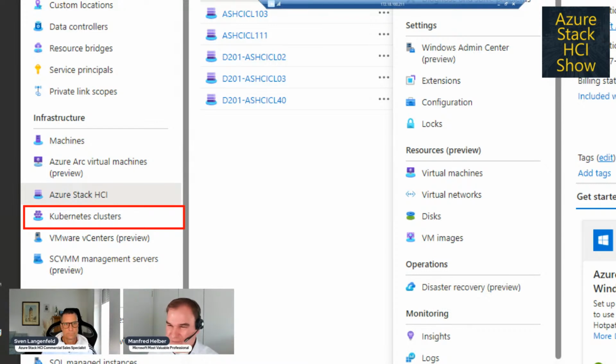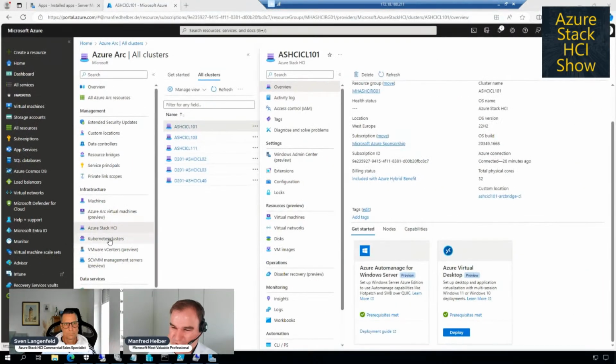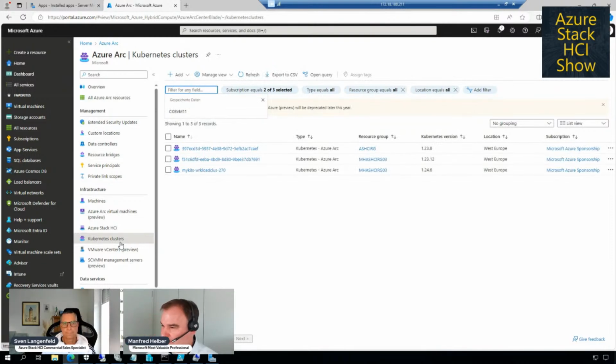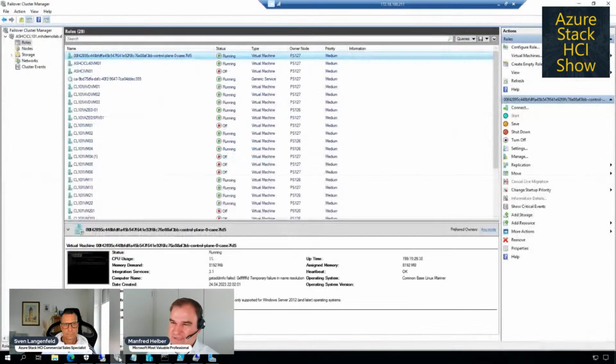And the interesting thing about this is here we can see the Kubernetes clusters. I have 3 of these Kubernetes clusters in my environment. The Azure Arc resource bridge itself, so this interesting virtual machine here, is also an Azure Kubernetes cluster. So the Azure Arc resource bridge from the technology perspective is provided via an AKS cluster that is deployed in our environment.